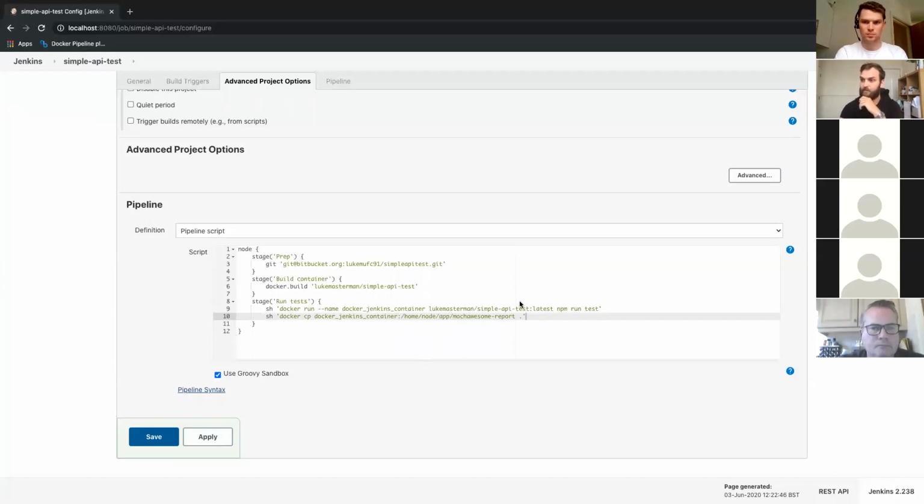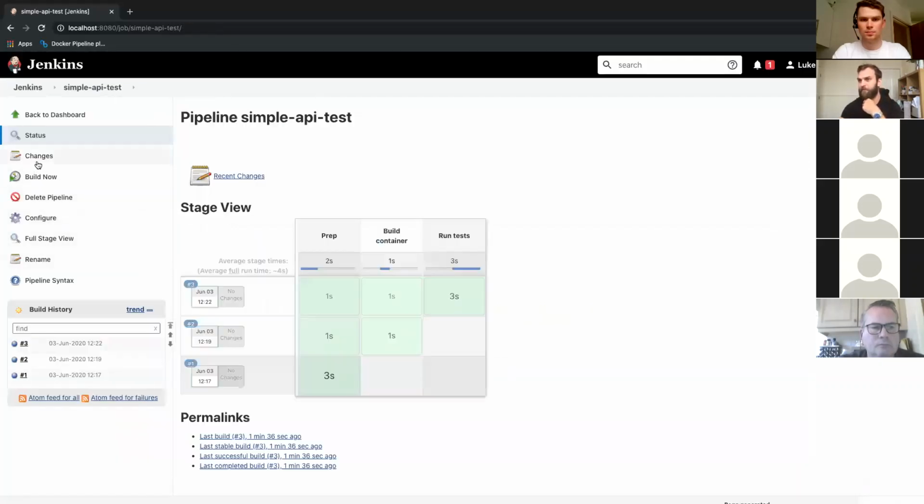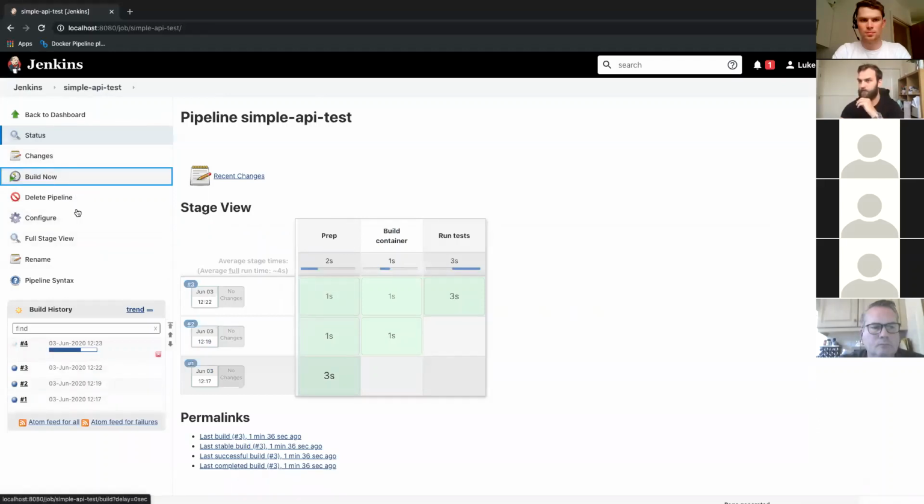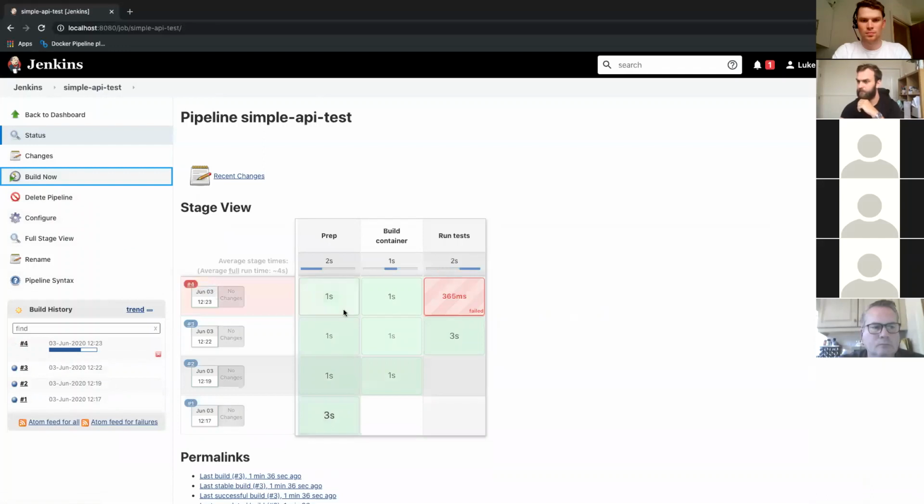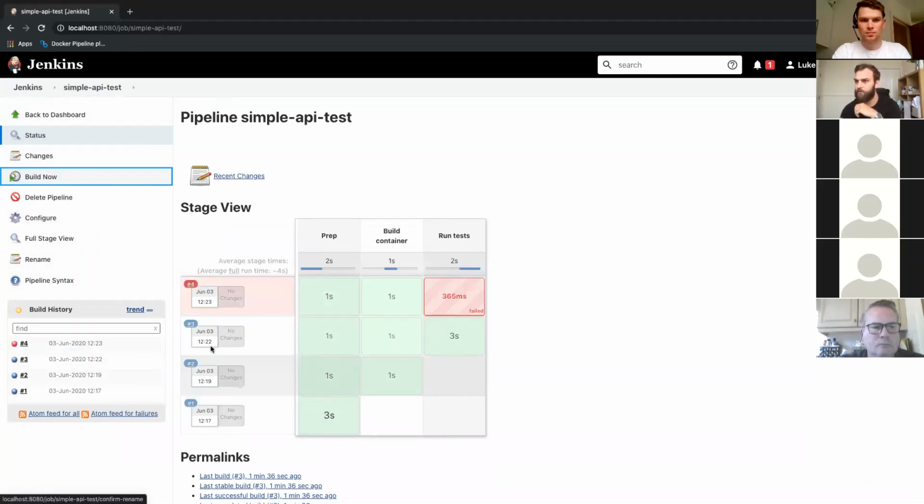I'll say this is Docker stuff so far. This is basically just making sure that I can then get the report that is generated from those tests and put it in my workspace. So I'm just making sure that this is accessible in my workspace now. So if I was to build this, and I'll show you the difference in a sec between the two builds. That one not. I must have written something slightly wrong.